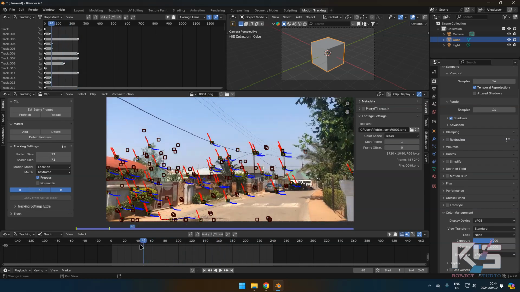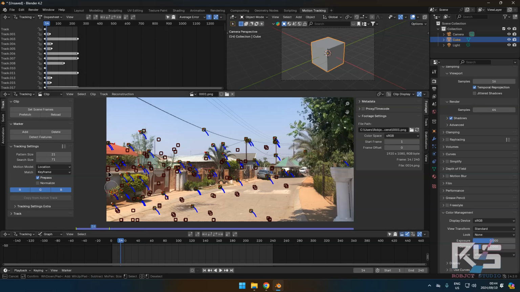I think it's good. Now let's hit C and select all these, and also these ones from the lane. I don't want to track the line, the electricity line, because it has a low detail. Okay, let's select all these over here like this, and delete. Okay, let's say delete. Let's select also here and here,